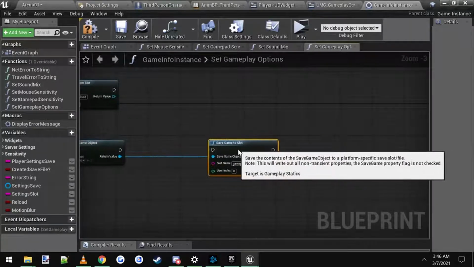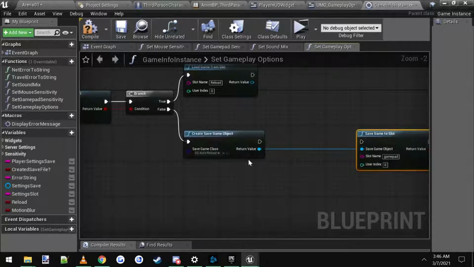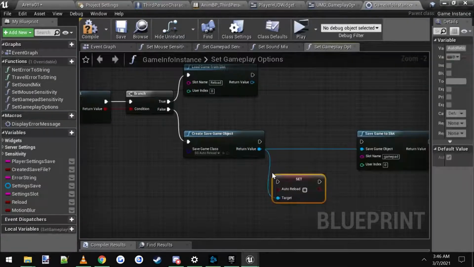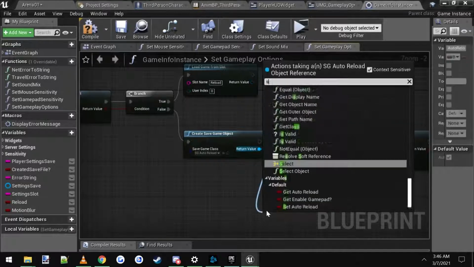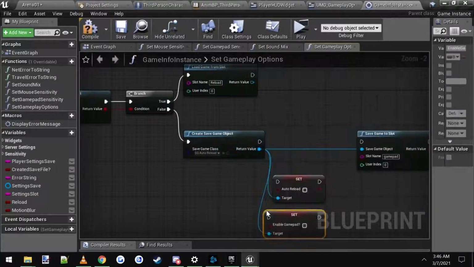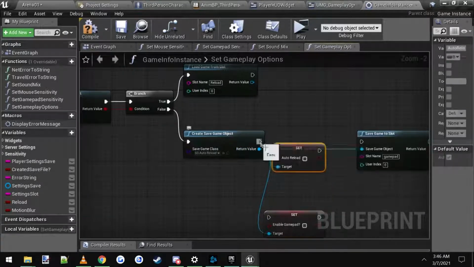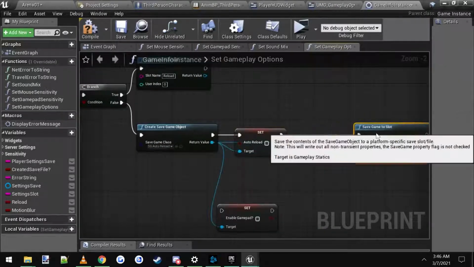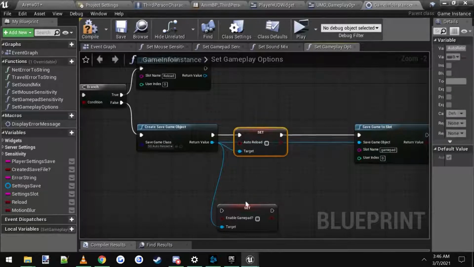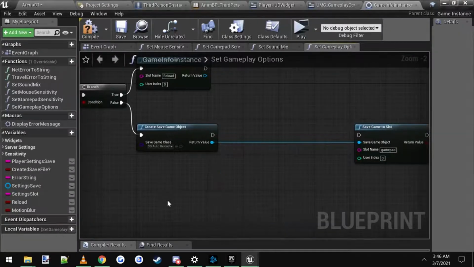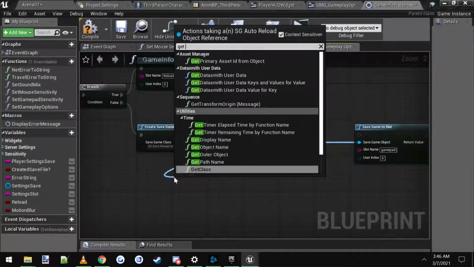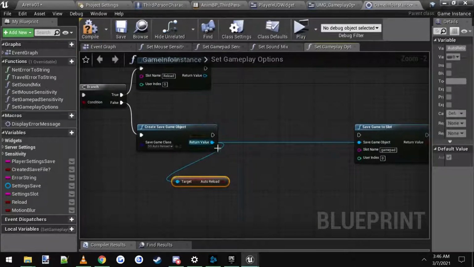Alright, so now we want to drag off of this and set auto reload, and we also want to set gamepad enabled, or enable gamepad. We're going to set these values. Actually, no, we don't want to set these values. We want to get these values. What am I talking about? We want to get auto reload, and we want to get